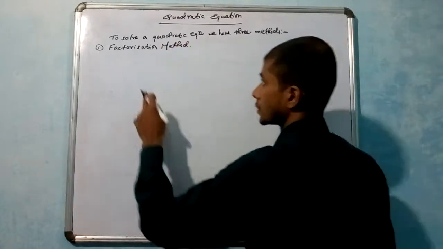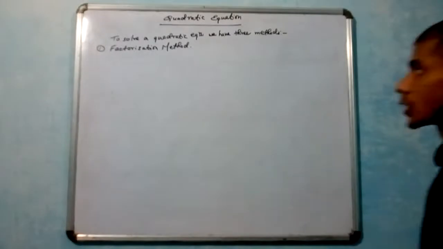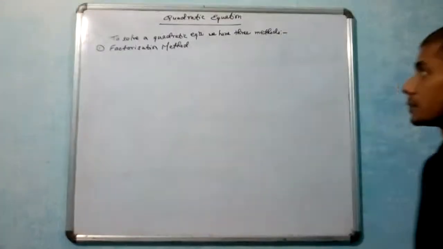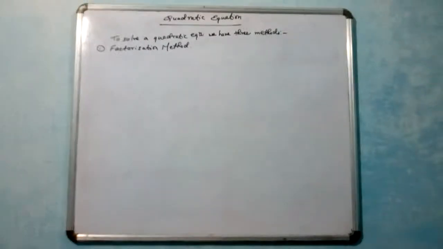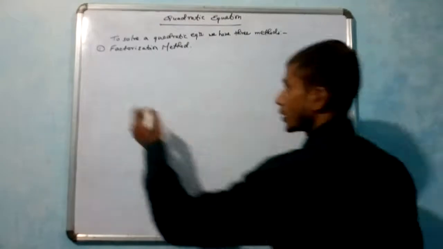Factorization method that we have seen by splitting the middle term and getting the factors and then equalizing each of the factors to 0, getting their roots. Fine, we have seen, isn't it? Any doubt in that? No. Okay, then the second one is